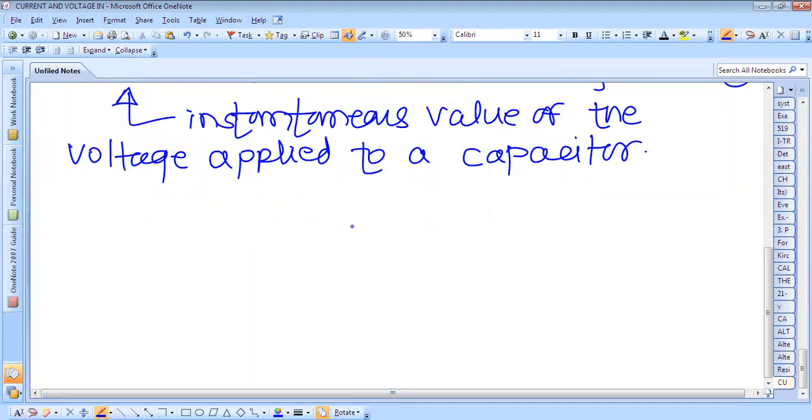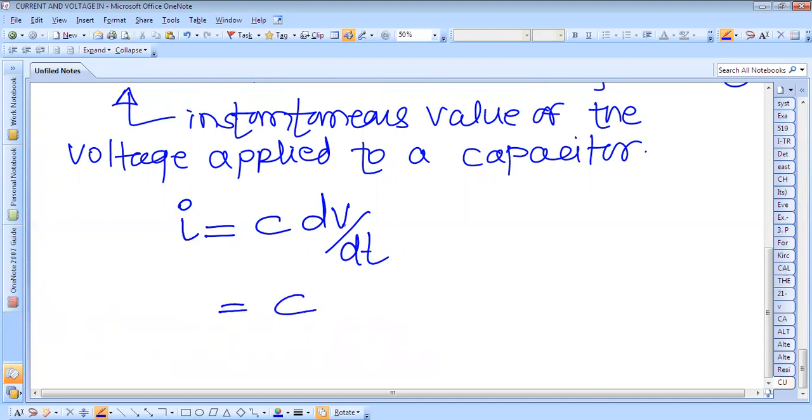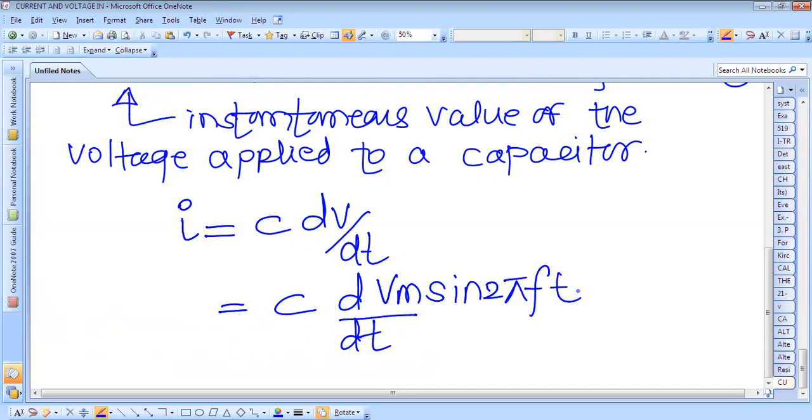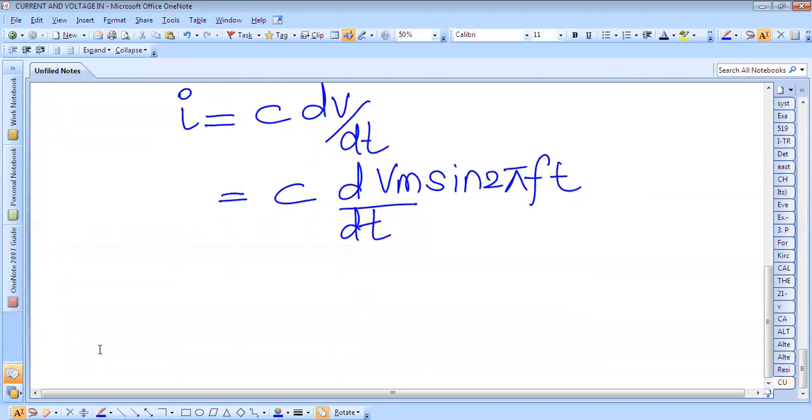dV in the time dt, as shown in the figure. Then we can write the current flowing through the capacitor as i is equal to C into dV by dt. This is the equation for the current flowing in the capacitor. For that we have to put in the instantaneous value of the voltage, that is Vm sine 2 pi f t. So we have to differentiate this value and we can write here this 2 pi